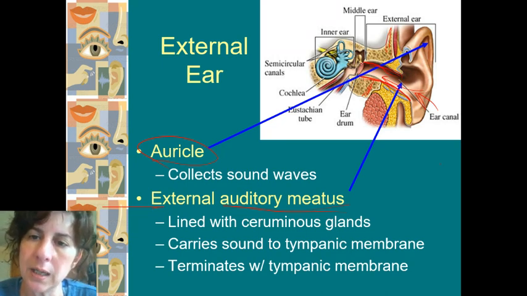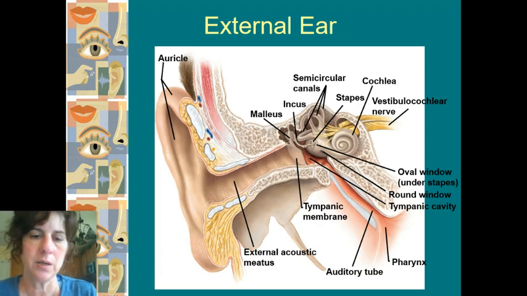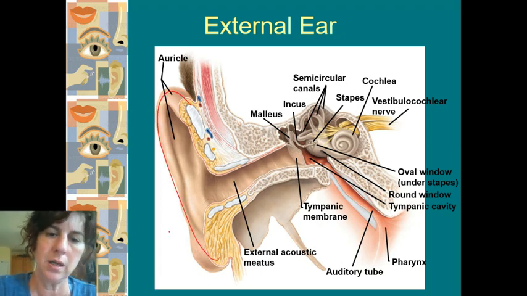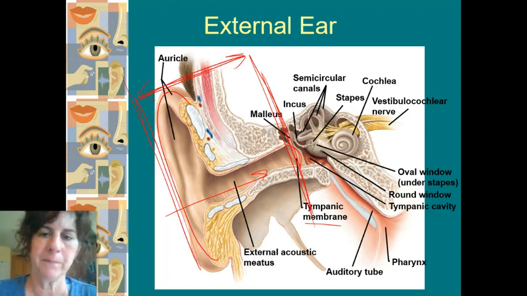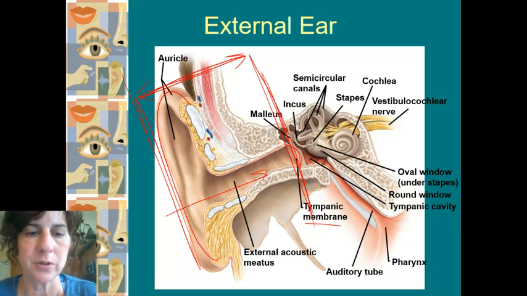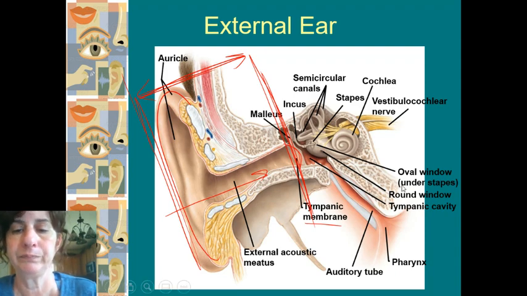The external ear ends when you hit what is shown here as the eardrum, but is what we want to refer to as the tympanic membrane. And that signifies the start of the middle ear. So here's the external ear. Again, auricle, sound waves come in. As soon as they hit the tympanic membrane, that is the end of the external ear. So external ear is from this point to this point, right in here. But the whole point is to capture the sound waves and move them in so that we can then start processing them.